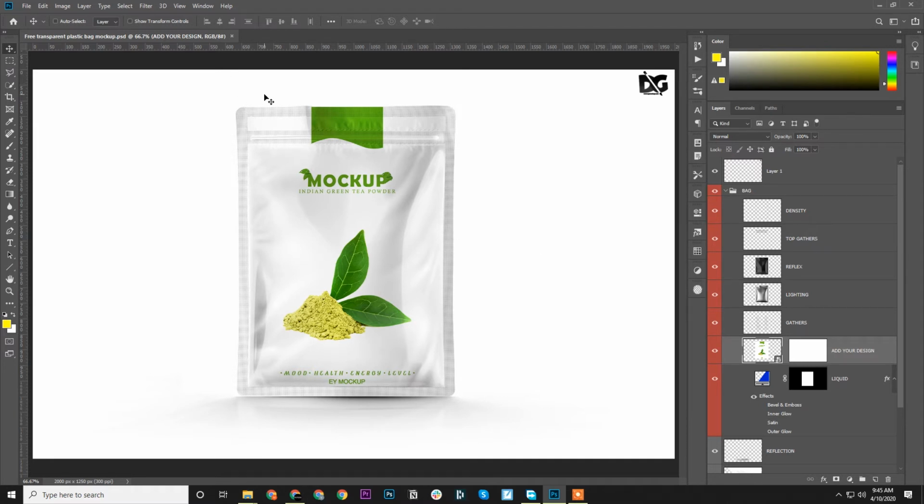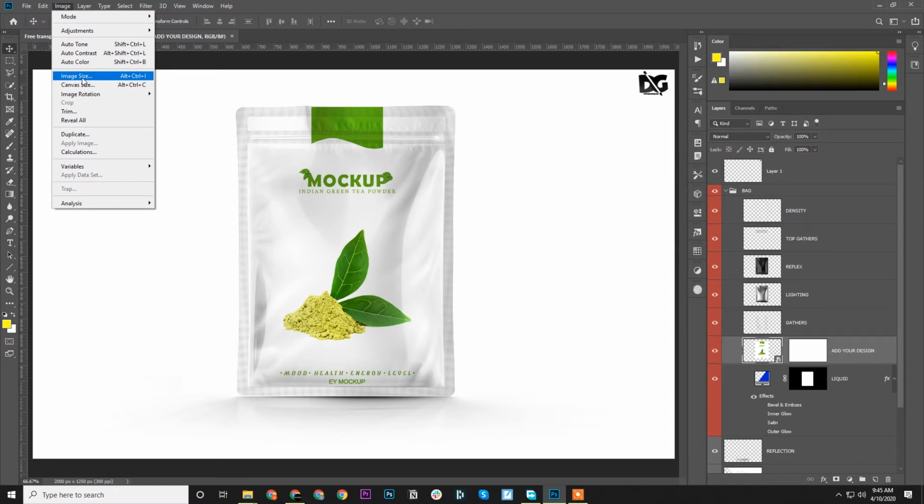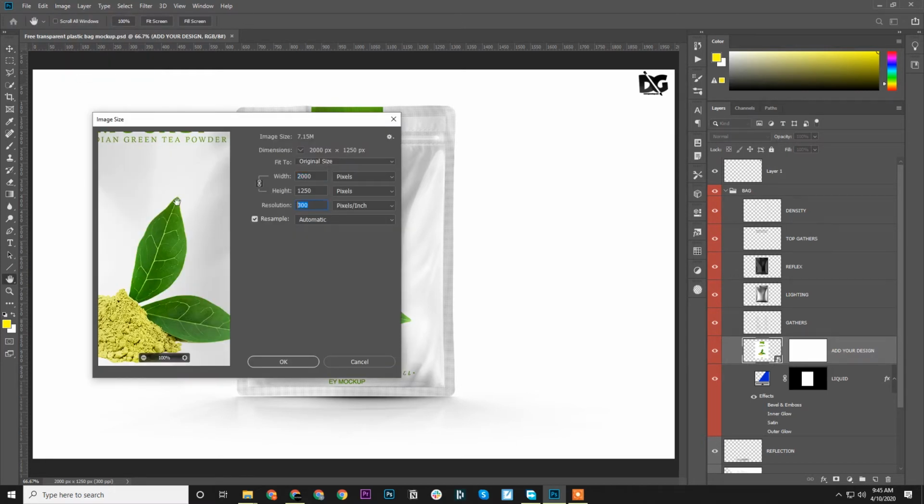Though I have a small tip for you, only if you are good with Photoshop. If you are using this for web purposes, for your portfolio or something like that, what I'd suggest is to resize the image here. If you see the size, we have 300 resolution here. Instead of going with 300, you could go with 72, and it would be much easier and faster for you to run bulk mockup, because the larger the size, the more time Photoshop will take.